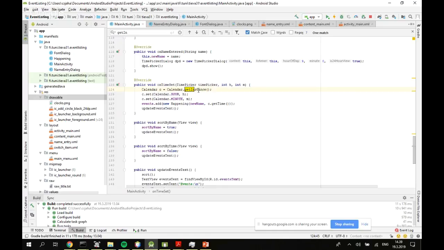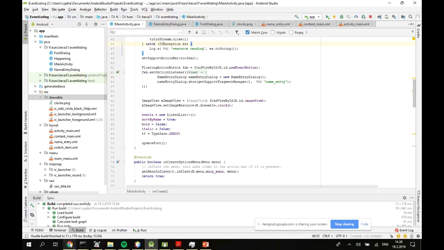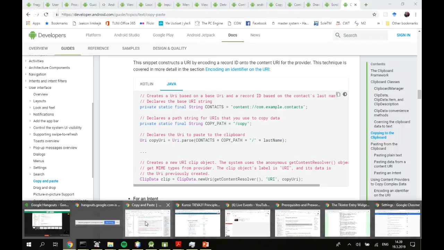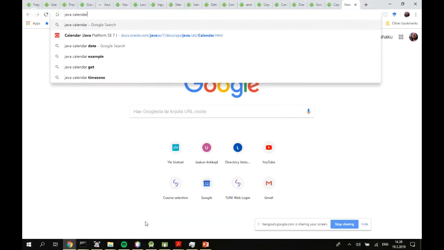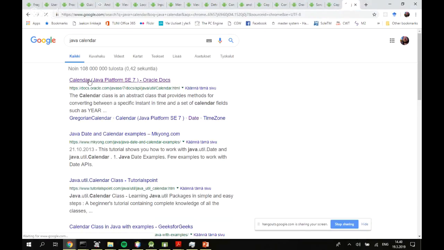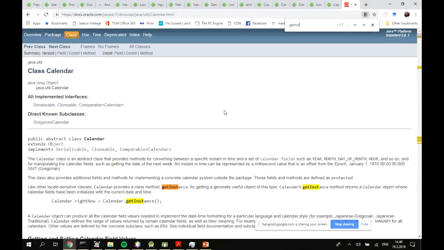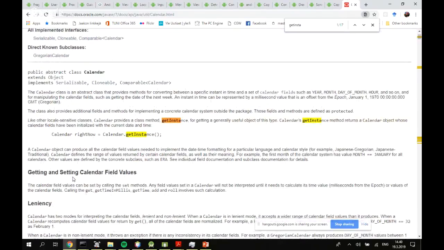So this gives us... let me just see if I can get the documentation visible, and getInstance. So we're talking about, and we will talk more about these locales later. So basically the Calendar getInstance,